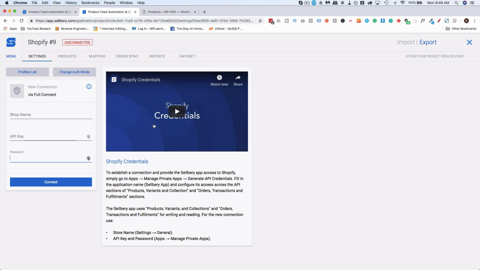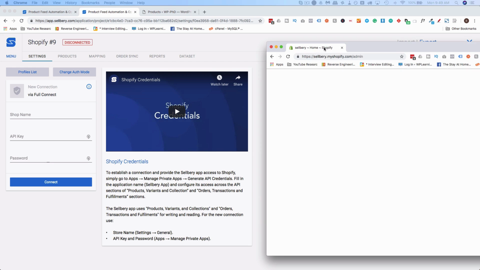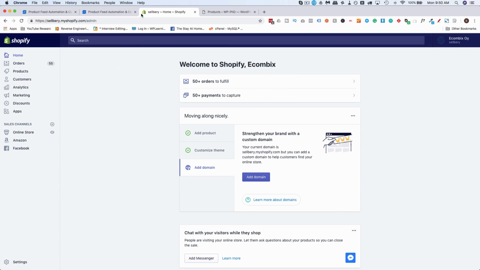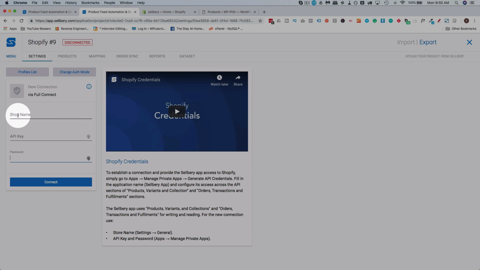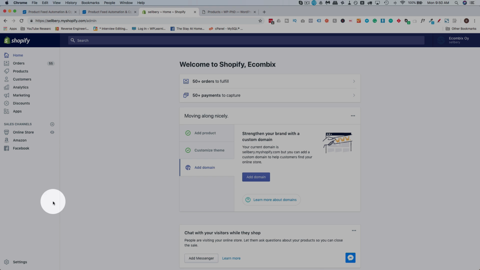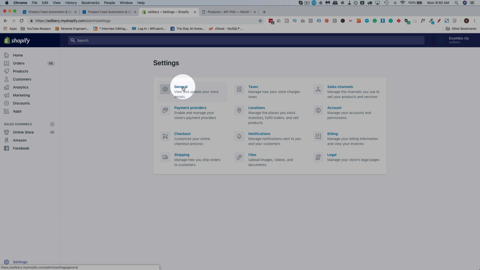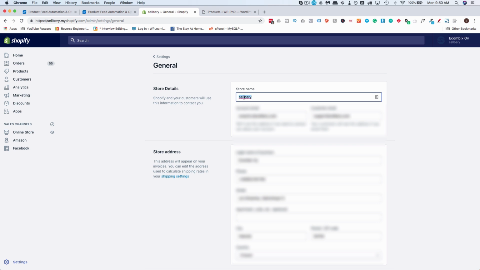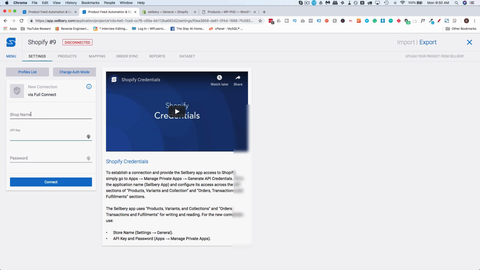So to get these credentials, we obviously have to have a Shopify account, and we need to sign into that Shopify account. So Sellbery was kind enough to let me use their Shopify account for this demo because I don't have an active one right now. And to get the data that we need, the store name, API key, and the password. So the store name, we find if we go to settings and then general, we see the store name listed right here. So we copy this. I'm going to paste that in here. Then we're going to add a dot and then my